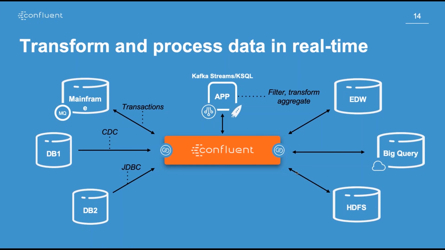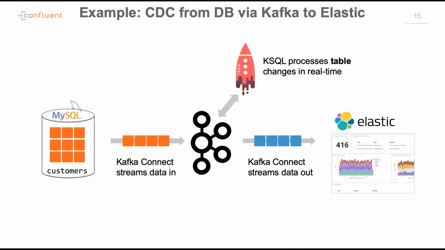Let's look at a few more use case examples. I mentioned CDC before. What does that look like? Let's assume we've got a database like MySQL. Using Kafka Connect and the Debezium connector for MySQL, we're able to connect into the MySQL bin log and react to mutation events as they happen in real time. By mutation events, I mean things like inserts, updates, deletes into the MySQL database that are streamed via Kafka Connect